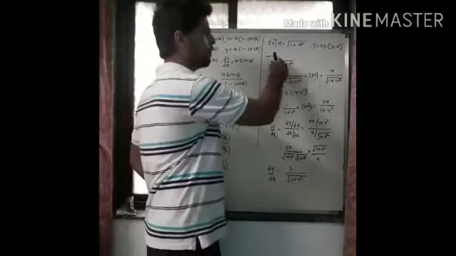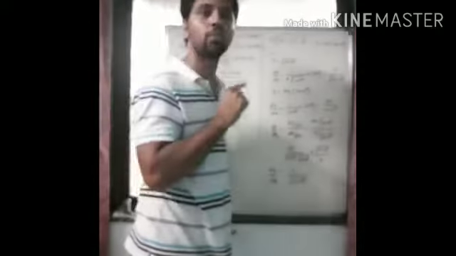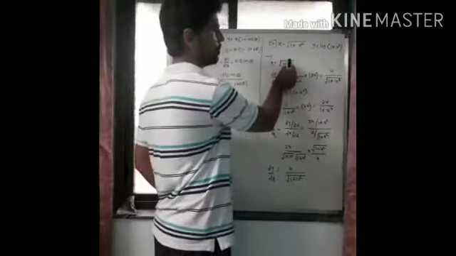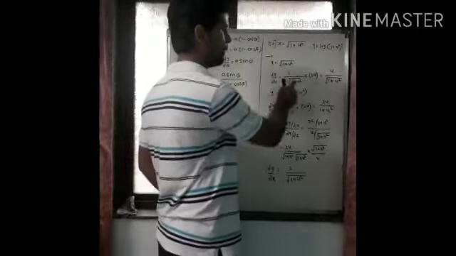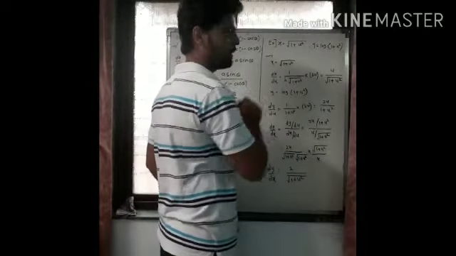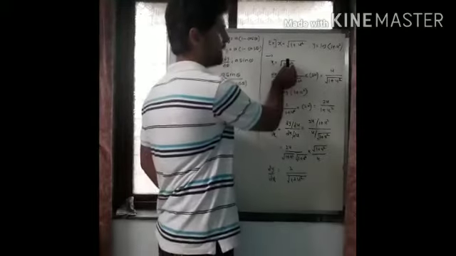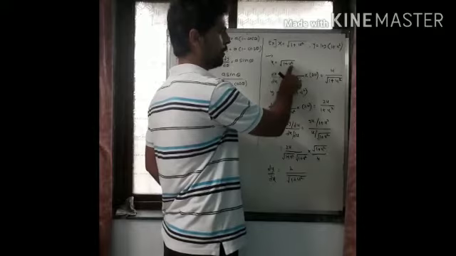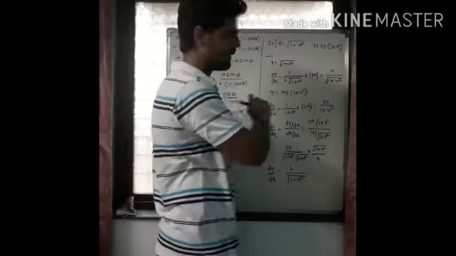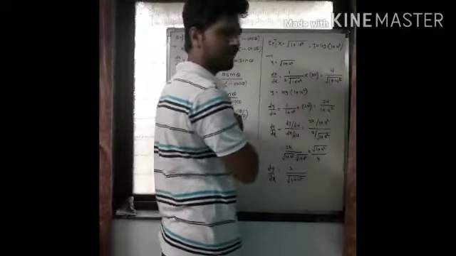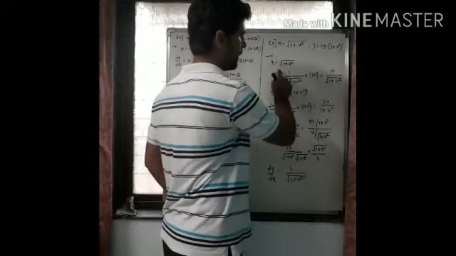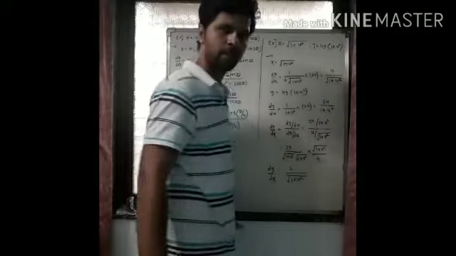This is a root function, and we know that when it is root x, its derivative is 1 by 2 root x. So assume this whole term as x. So its derivative will be 1 upon 2 root 1 plus u square. But we'll differentiate the term inside the root separately. Derivative of 1 is 0 and derivative of u square is 2u. Now this 2 and 2 will cancel out. So what we are left with is u upon this root term. This is your dx by du.